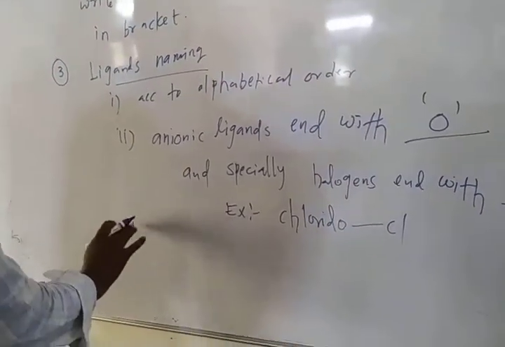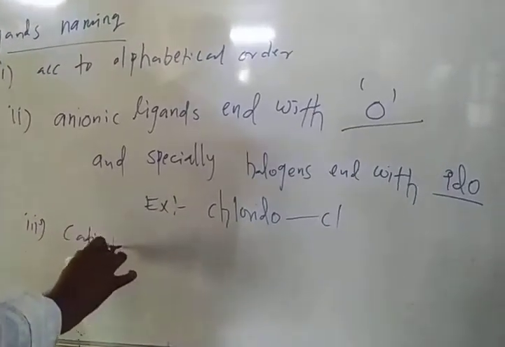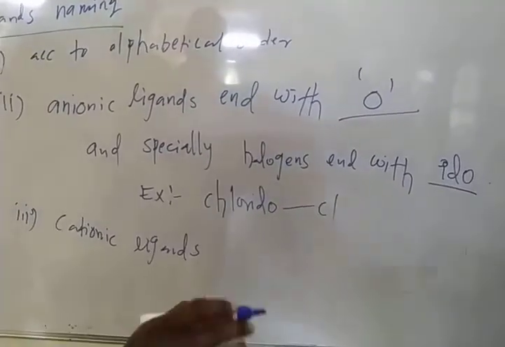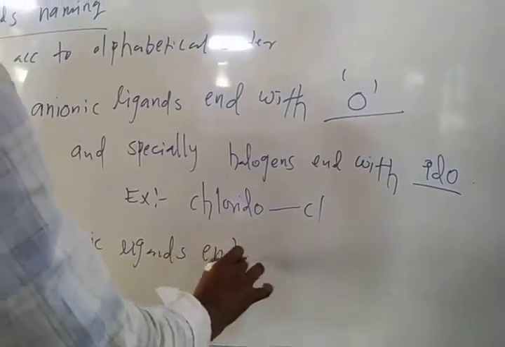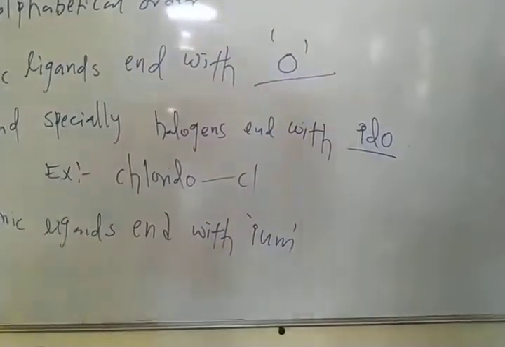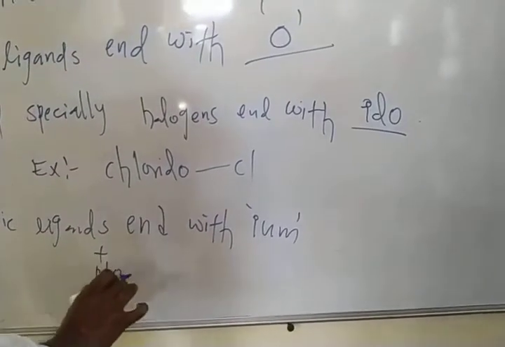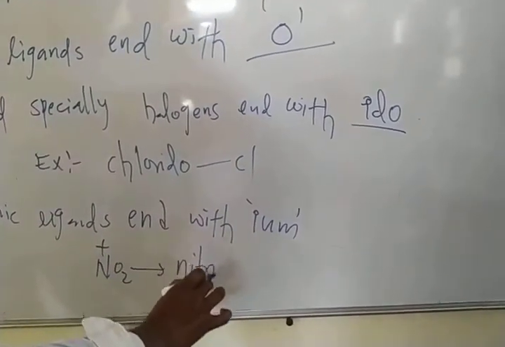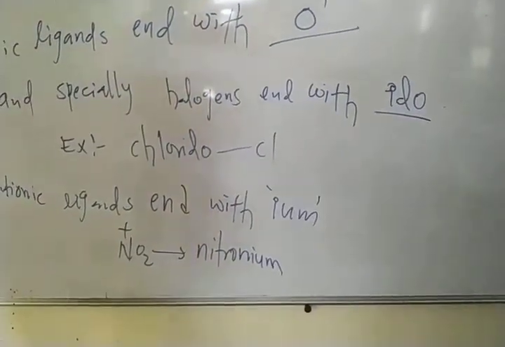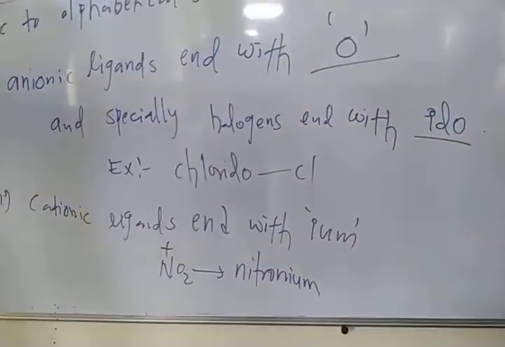And cationic ligands. Cationic ligands end with IUM. Example, NO2 plus, nitronium. Cationic ligands end with IUM, nitronium, like that. Next to